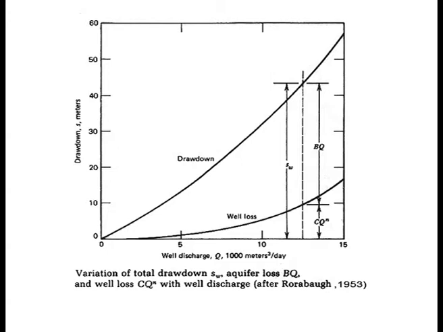So, for the higher discharge, if you see the diagram, there is a substantial fraction of well loss. It means for the higher discharge, well loss is more than for the lower discharge, and if you plot SW upon Q versus time, you will get a straight line. So, this is used for the evaluation of the well loss. How will we evaluate the well loss?